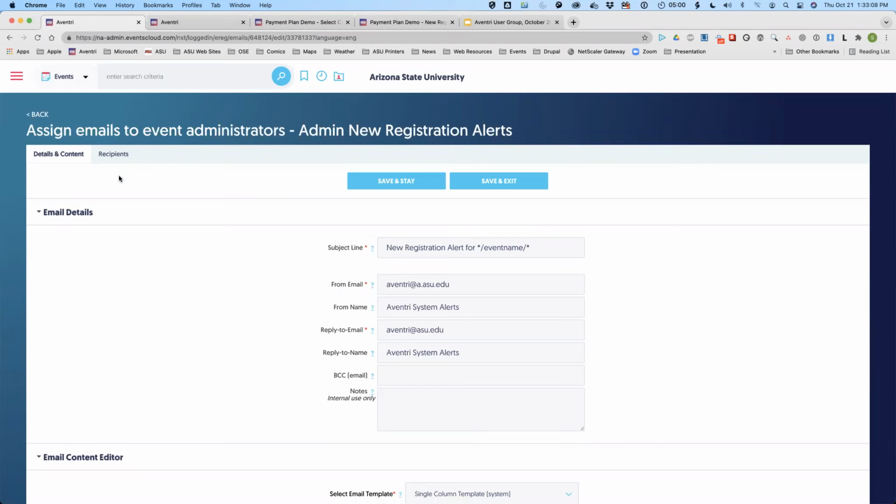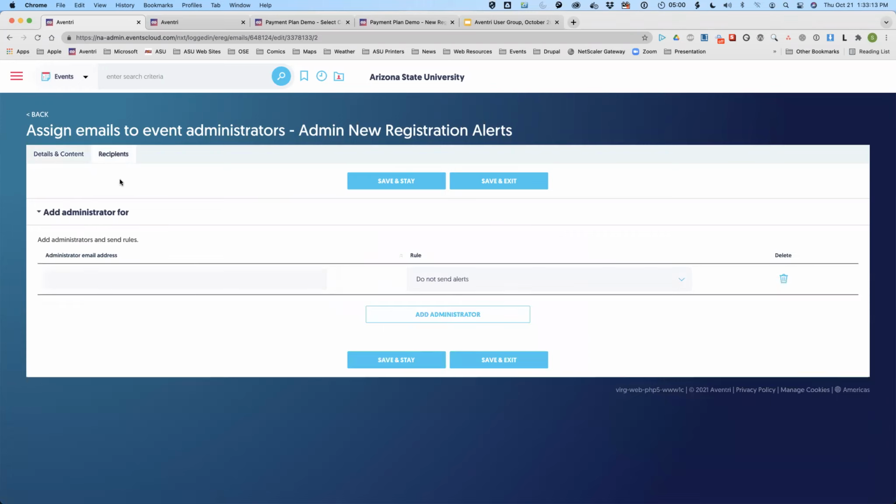And so to finish this up, now I've got this email ready to go. Now I click recipients, and for emails to event coordinators or to event administrators, now I put in an email address. And say send alerts. Okay. And what's also nice about this, in version 1 or the previous version, you had to make an email for each administrator.